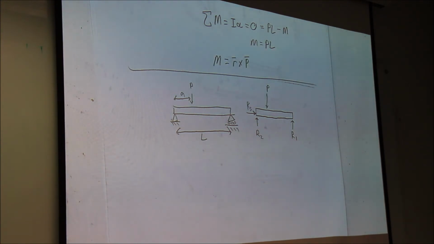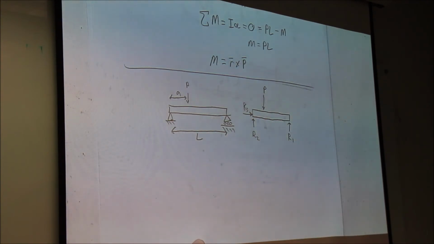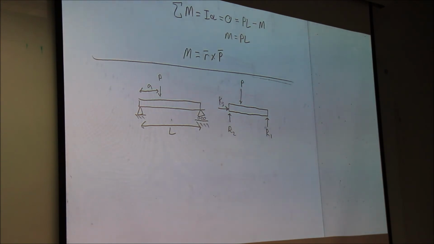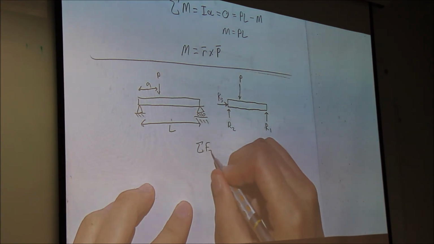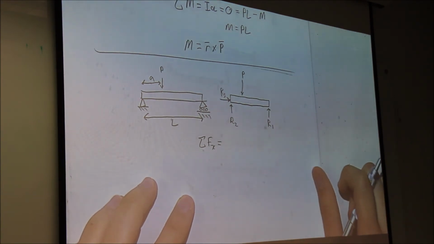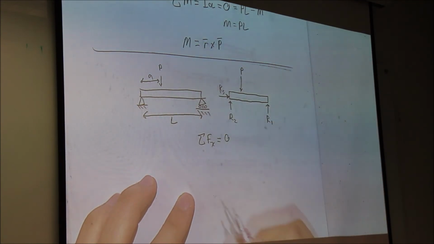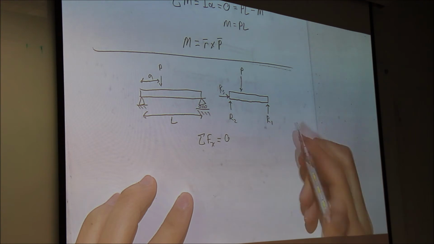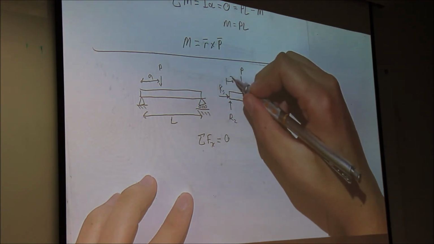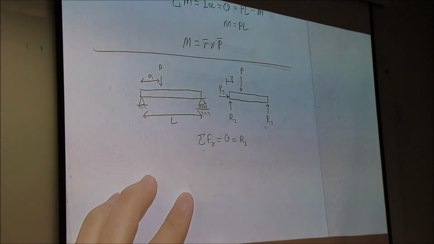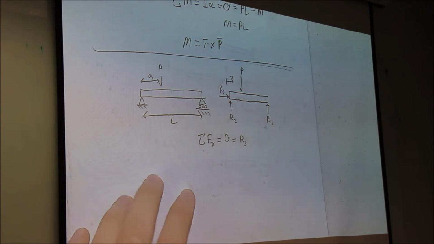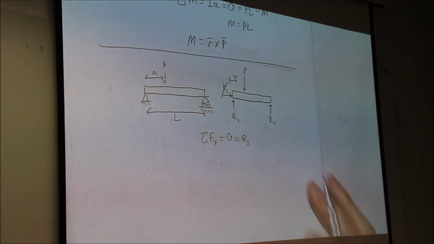So, we have our free body diagram here. We did it on the beam, so now we can analyze the forces at the beams and the reactionary forces it's going to see. Let's start with the summation of forces in X. That's going to be 0, and let's say X is positive to the right. And this is going to equal R3. And wouldn't you know it, there are no other horizontal forces, so R3 is equal to 0. So we can just ignore it now. There are no reactionary forces in X.